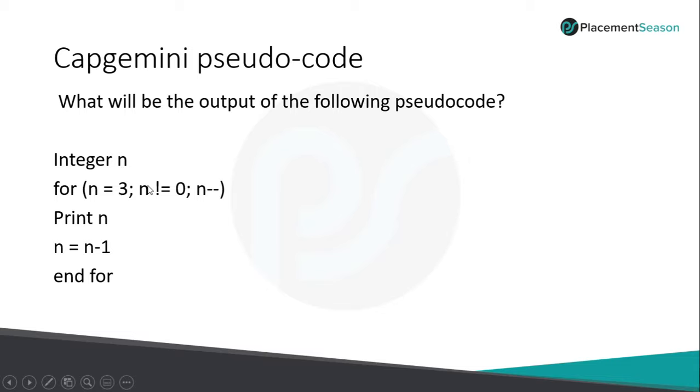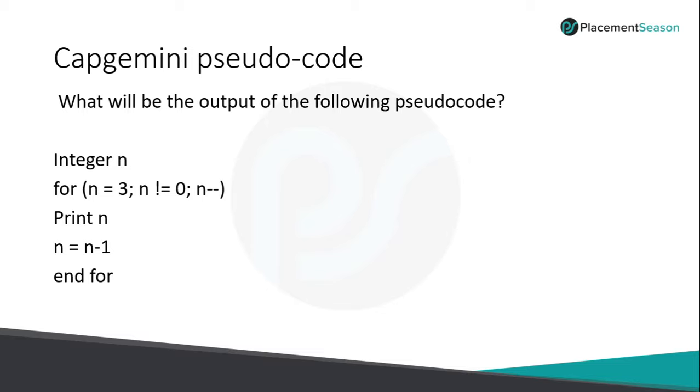So this condition is true, it will print 1. After that, the value will be decremented to 0 and it will decrement again to minus 1 here. So this condition is again true, it will print minus 1. We have used two decrements, so the value will decrement like 3, 1, minus 1, and go on. This n not equal to 0 will fail in each iteration. Many of you have answered like 3, 2, 1, but it will go into an infinite loop. Maybe you can write a program and check this.